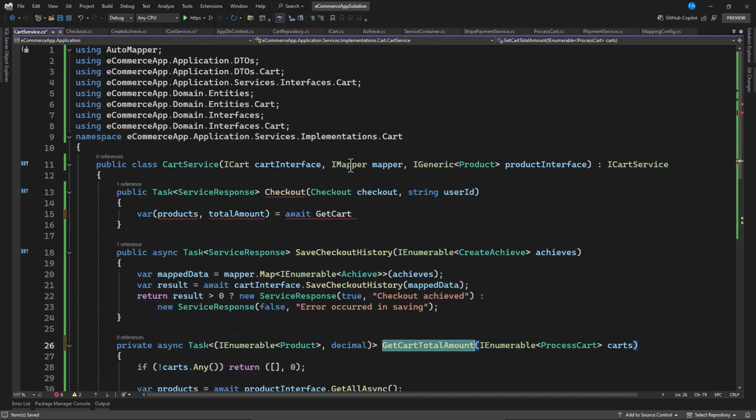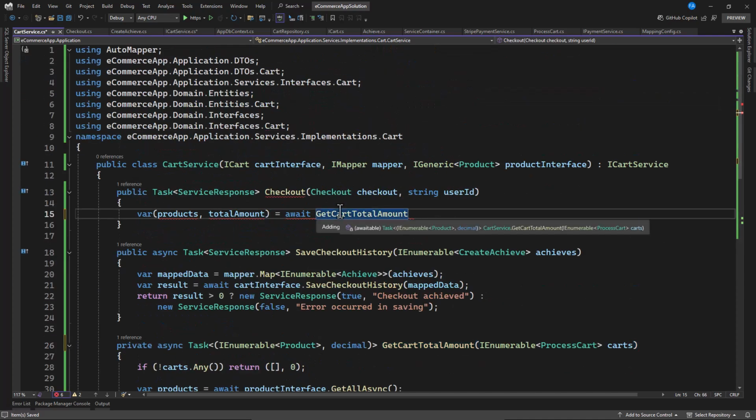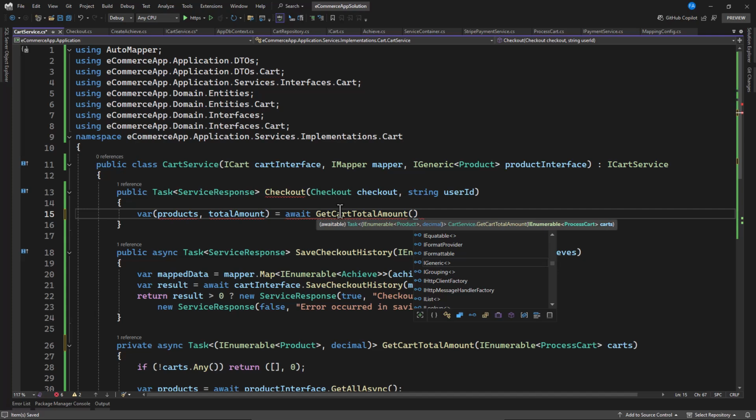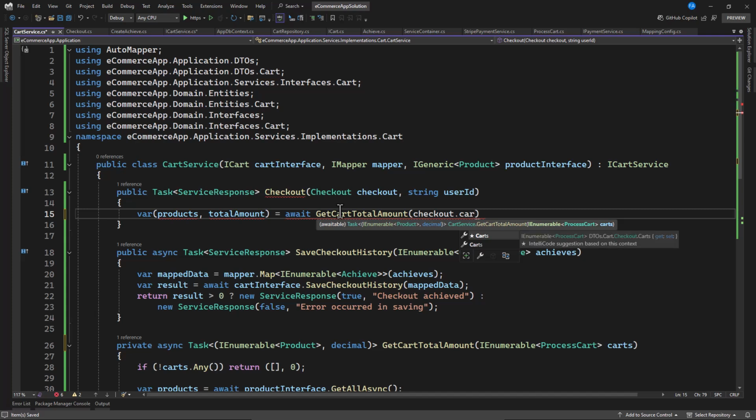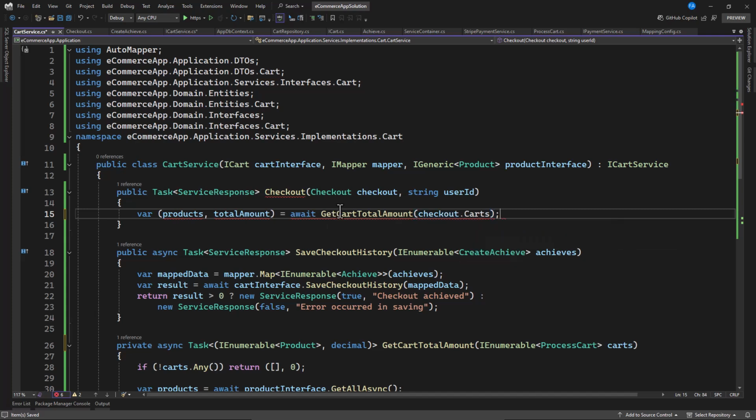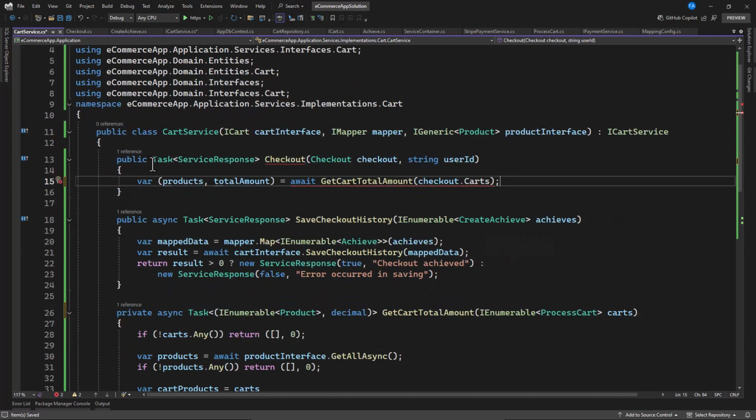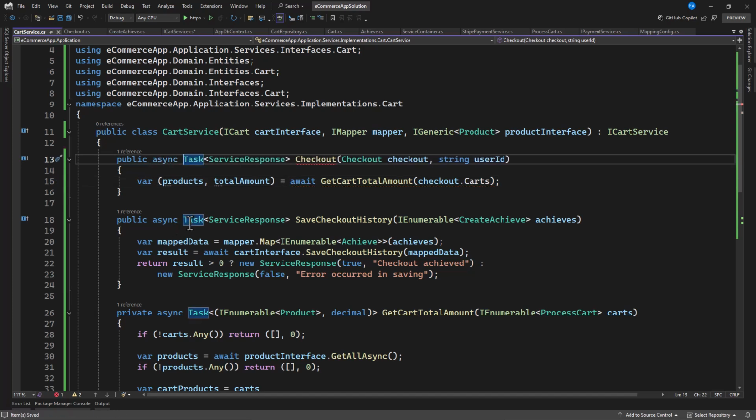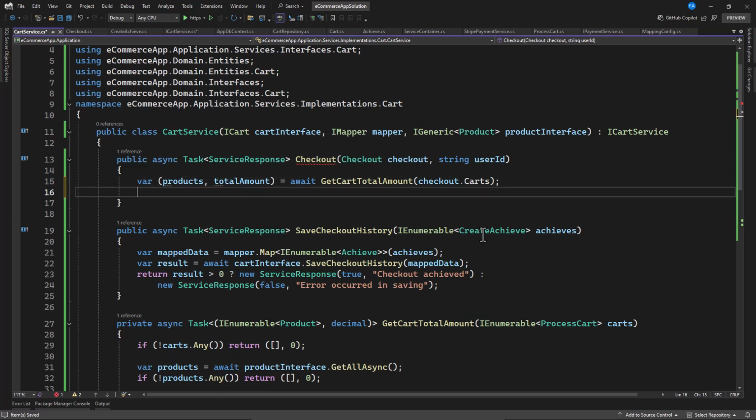Let's grab the name here, and we need to provide the list. We can get it from this checkout.cart. This should be an async. Okay, so now that we have this, we can go ahead and now get payment method. So we can say payment method,